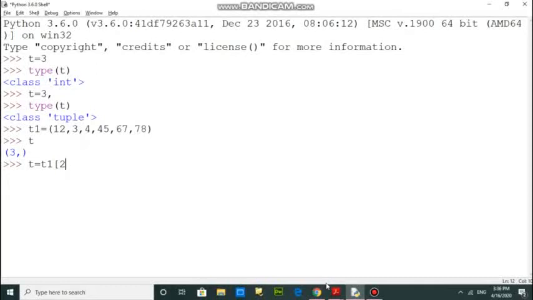Starting value is 2 and next value is 4. So what will be the content of t? 4 and 45. Why? Because here I am giving 4, so the last index will be 3, and the starting value is 2, with indices 0, 1, 2. So 4 is at the second position and 45 at the third position. That's why its output is 4, 45.